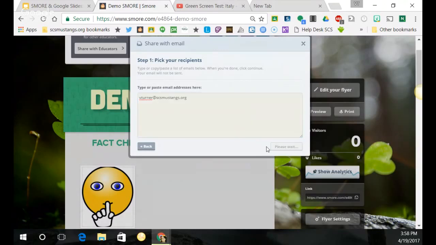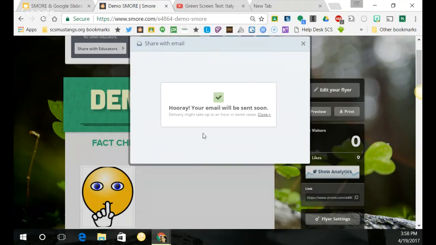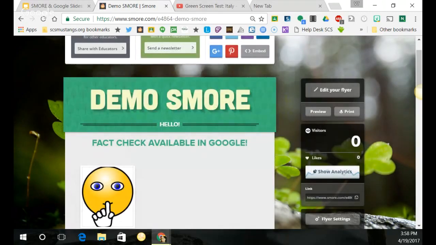So I send that, it's going just to me, and I put whatever I wanted to say. This one says Demo SMORE. I would usually put like April Tech Tips. So then I go ahead and send that flyer. And they sent, so what happens then is this flyer comes to me in my email,